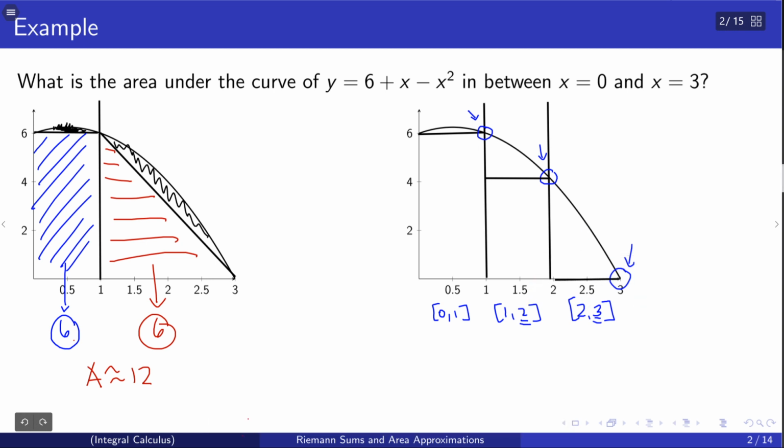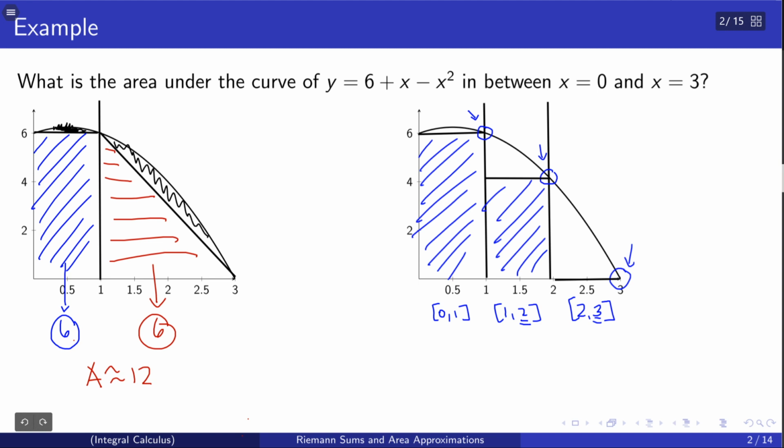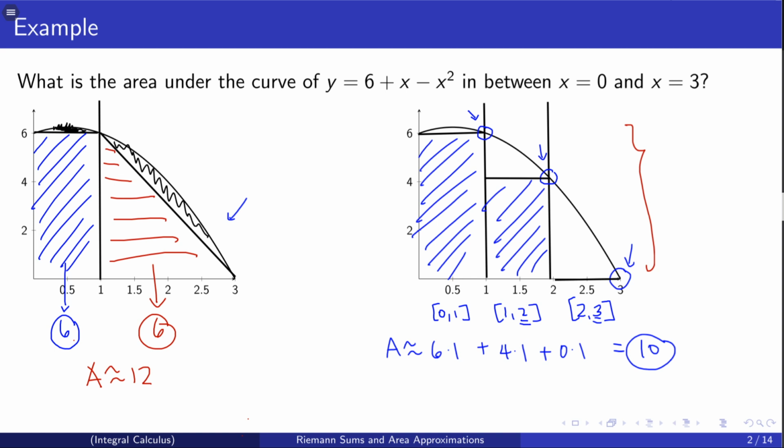So using this as an approximation to the area, now we have 3 rectangles. The width of each one is just 1. So it's just 6 times 1 plus 4 times 1 plus 0 times 1, and that's 10. And that's another way we can approximate the area under the curve here. Note that it is a worse approximation than if we had used a triangle instead for the second and third interval. However, what's nice about this technique is that we can extend it to any kind of function